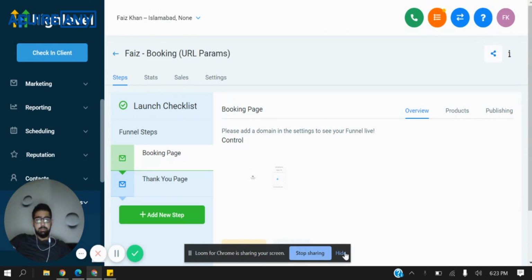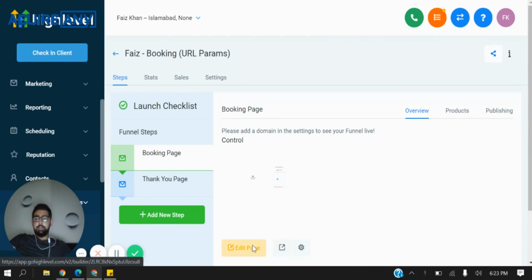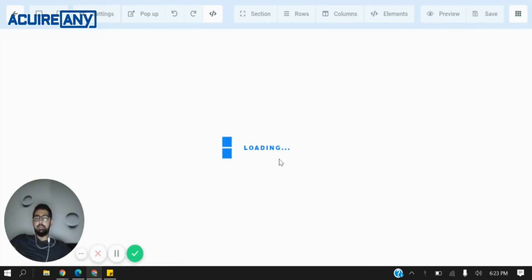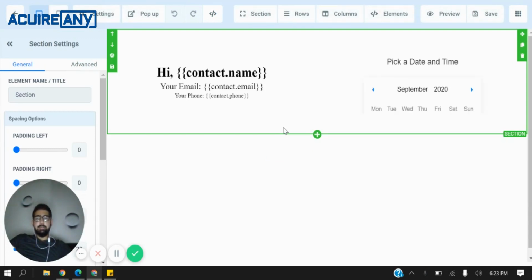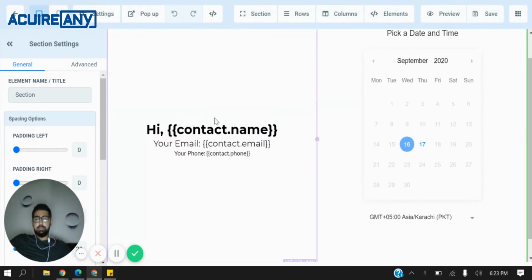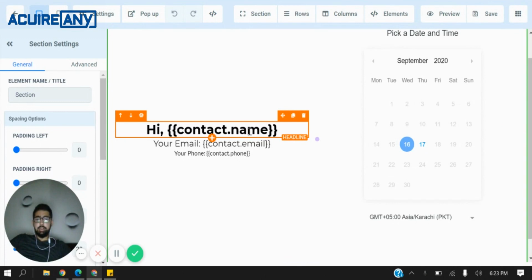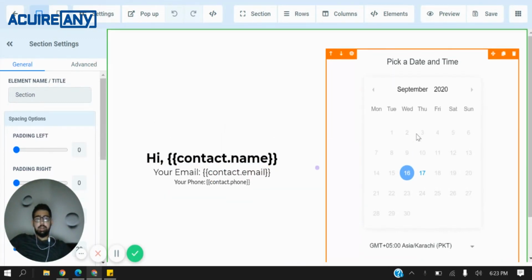So I'm going to show you the setup of my funnel first, and then we'll discuss what's happening right now and how we can change that. Okay, so on the first page of my funnel, I've got these custom values for the contact name, email, and phone, and then I have the booking